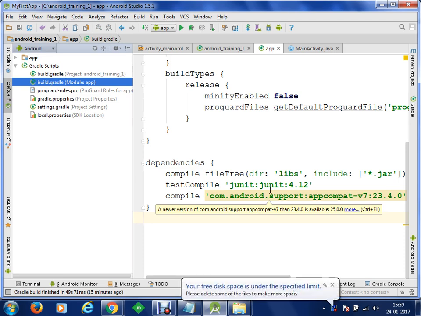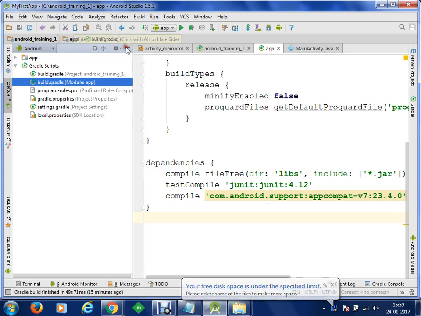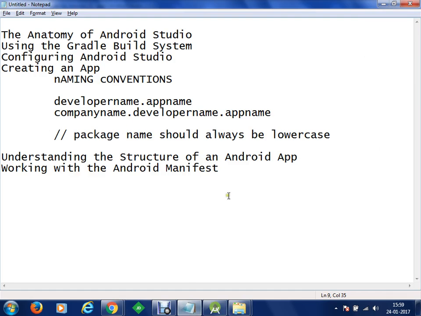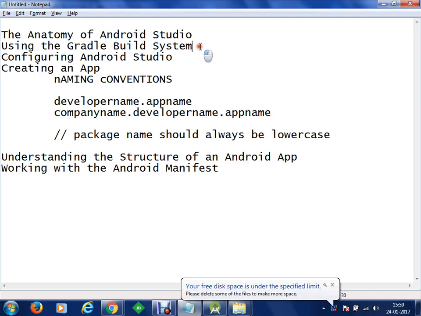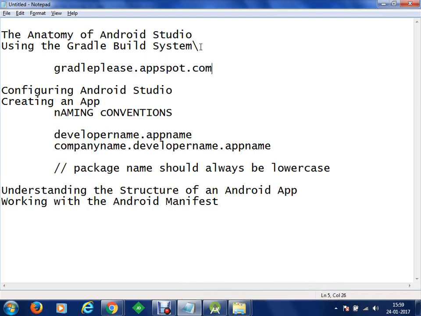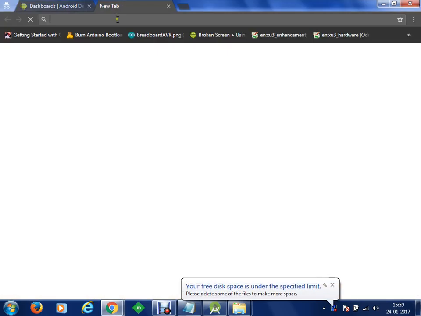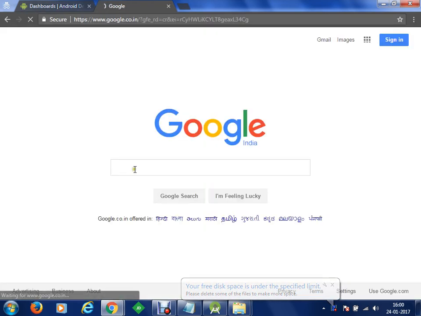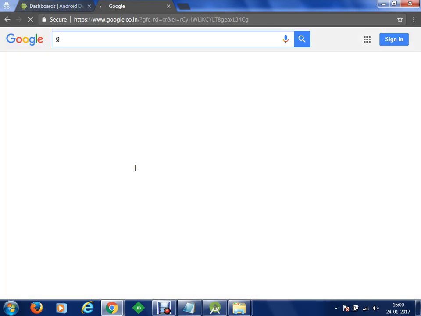Okay. So I'm talking about Picasso, let's say. So what am I going to do? I'm going to add a Picasso dependency in my Gradle build project. To do this, what we'll do, there is a website for this Gradle, and let's say name of the website is gradleplease.appspot.com, something like this. Okay. Let me just confirm the name of the website. We'll go to google.com, and on the website here, what we'll do, we'll go to Gradle Please. Okay. If you open Gradle Please here,